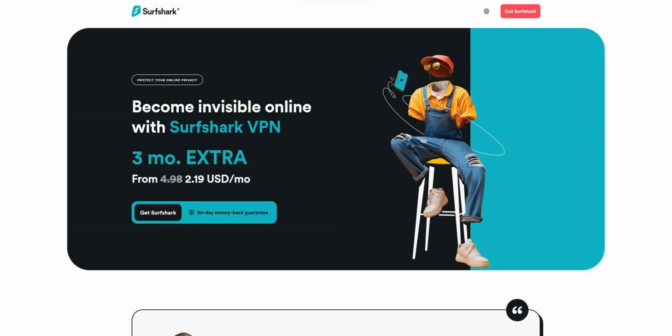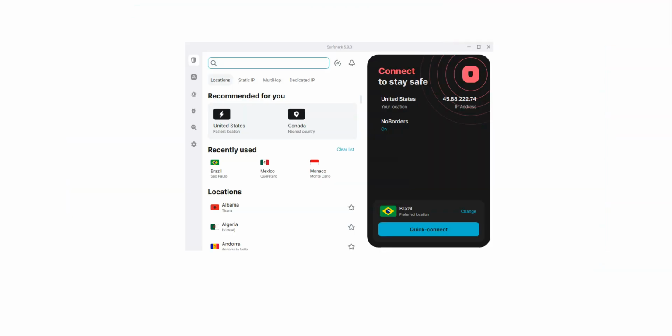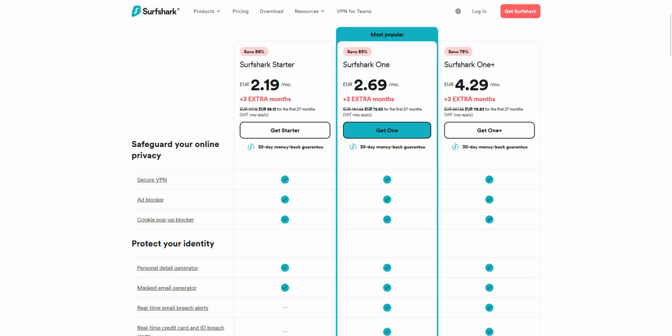Another great VPN to unblock Twitter is Surfshark VPN. Surfshark is another high-quality VPN with over 3,200 servers in 100 countries. Just like NordVPN, Surfshark is available on Windows, macOS, iOS, Android, and so on. You can use it on an unlimited number of devices simultaneously. This is something very few VPN providers offer. Very effective to bypass censorship as well. So, if NordVPN is a bit too expensive for you, I recommend that you get Surfshark instead, as it is a bit more affordable.